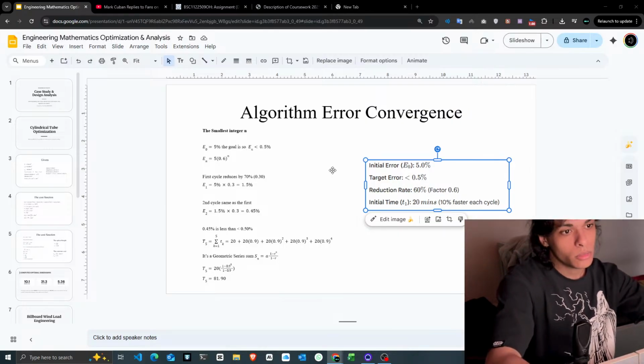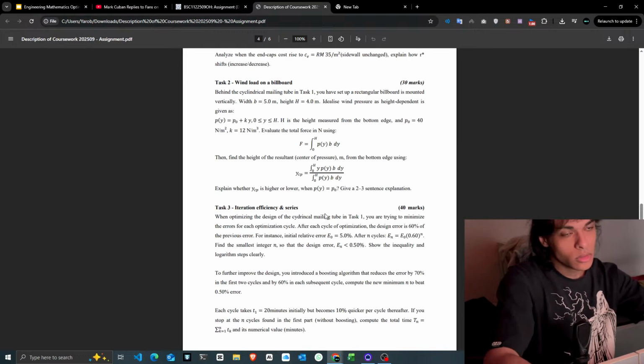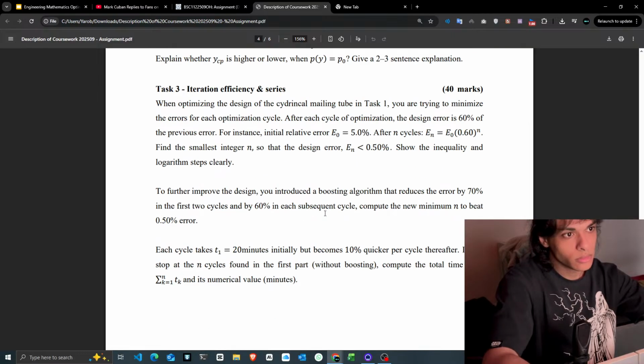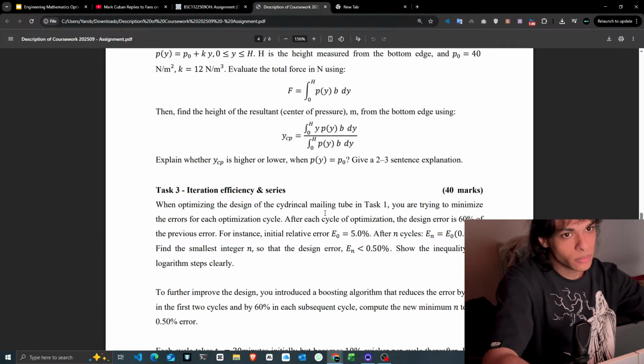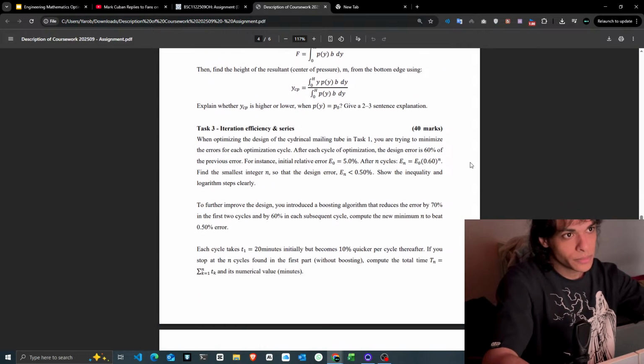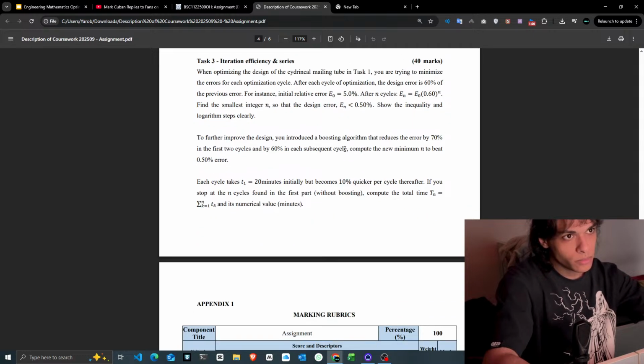Oh yeah, hang on a minute. So the question asks, to further improve the design, you need to introduce a boosting algorithm that reduces the error by 70% in the first two cycles and by 60% in the subsequent cycle. Compute a new minimum